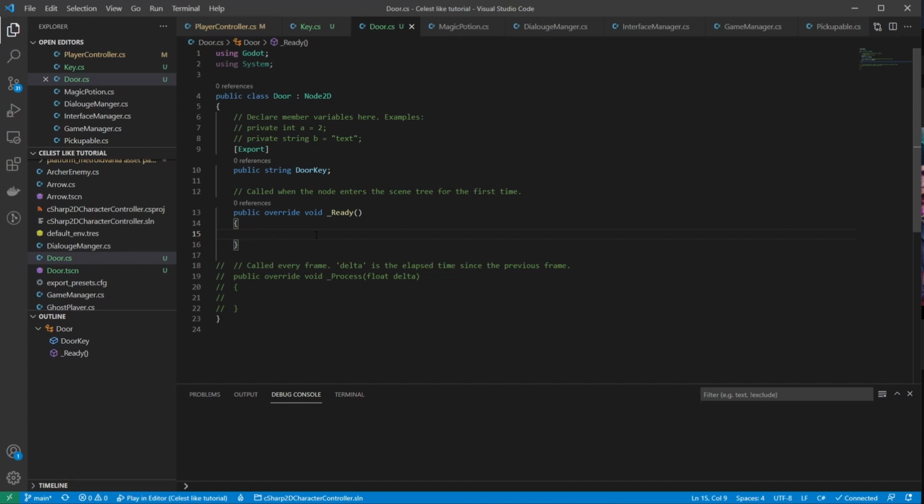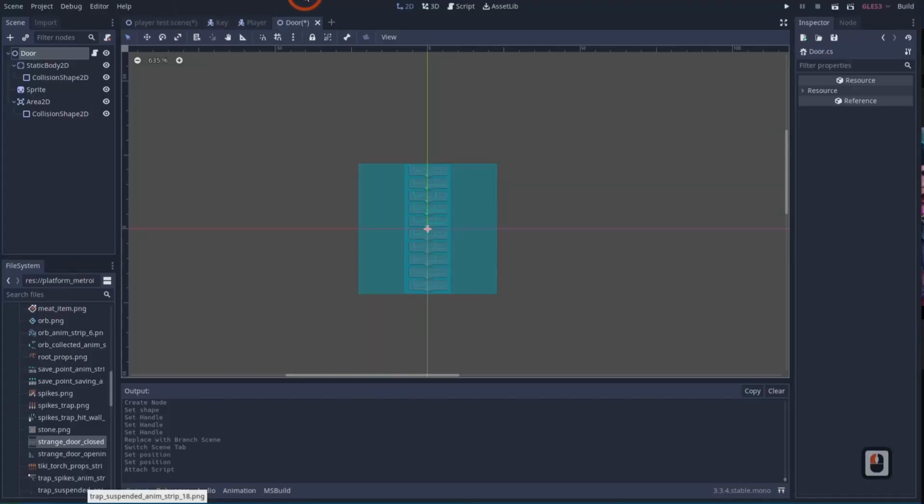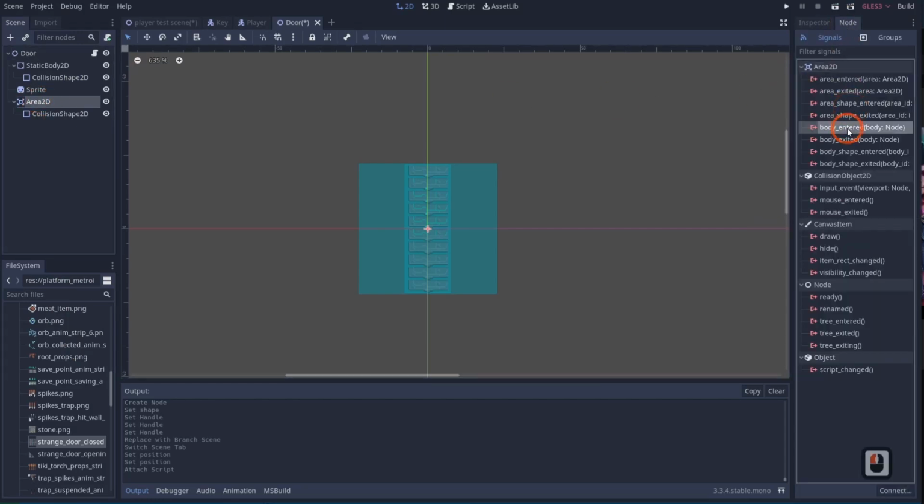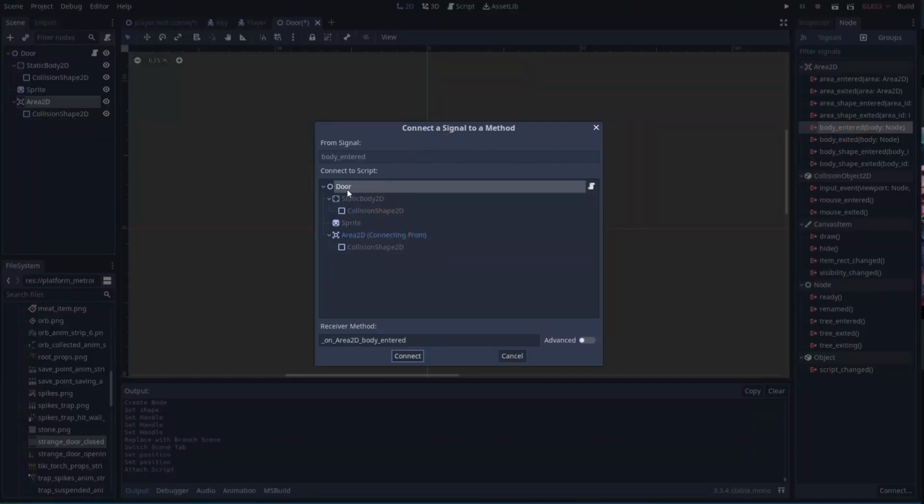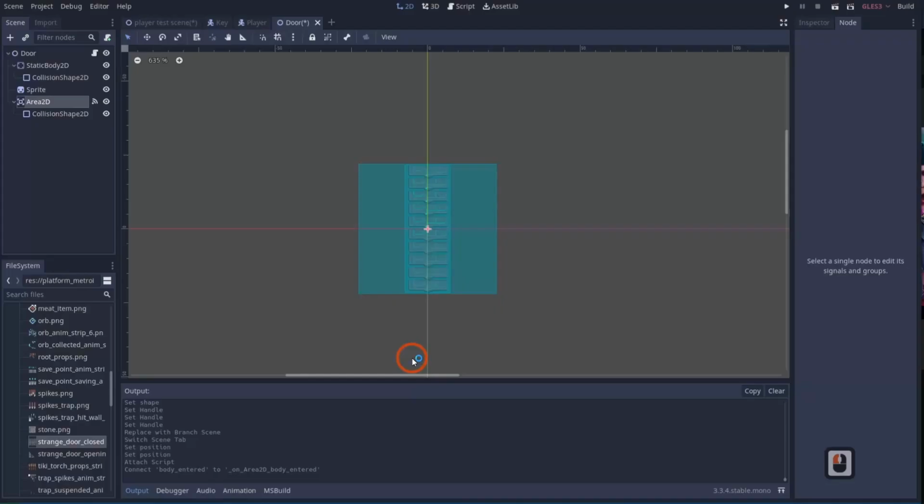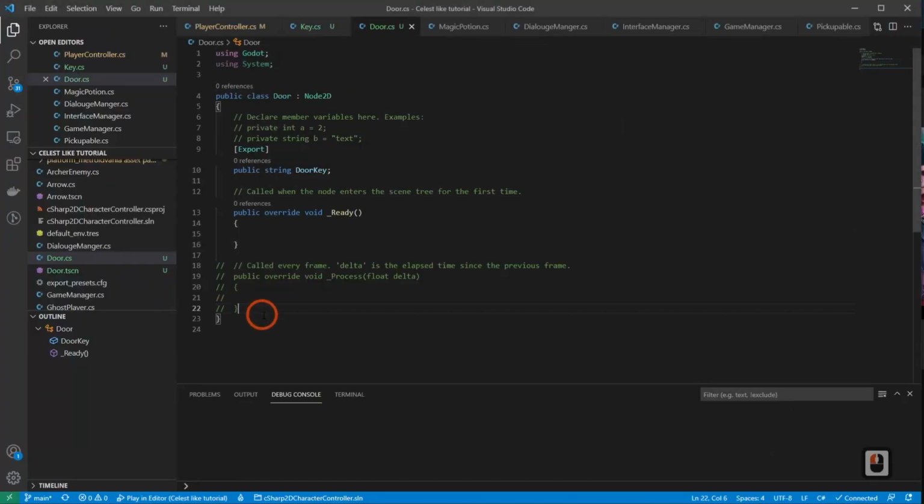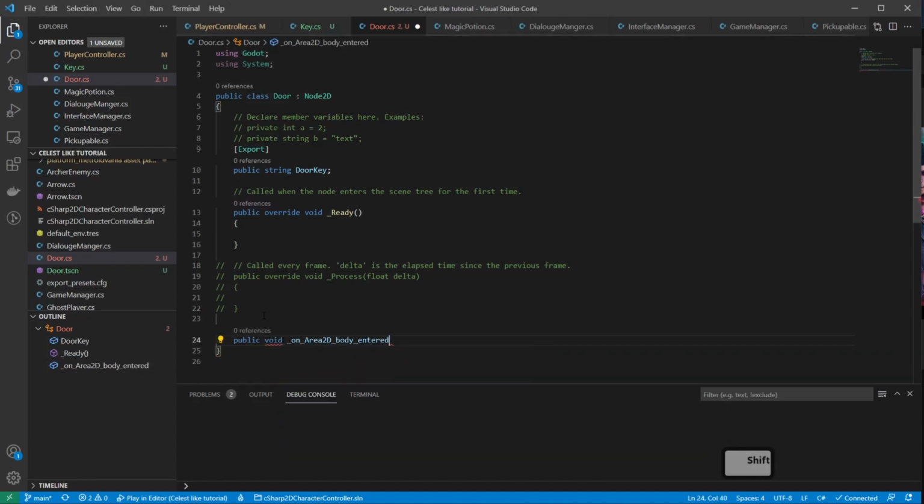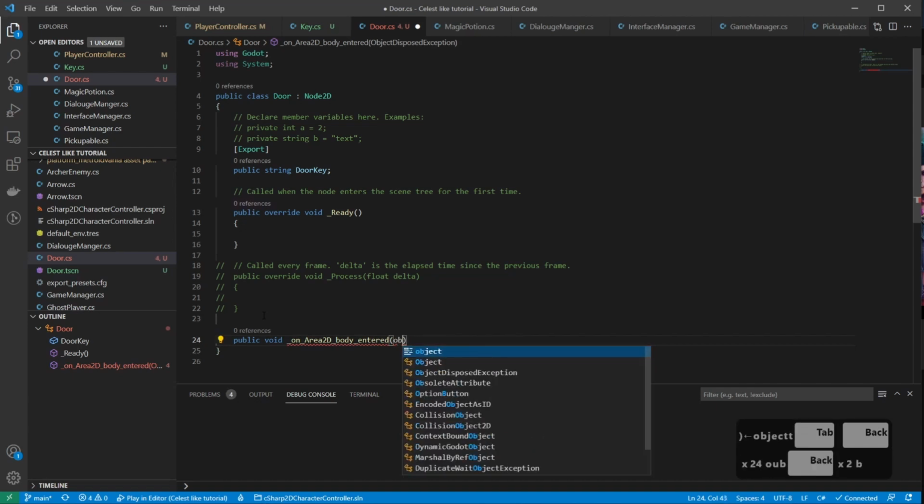So from here, we need to determine when the player collides with this door, it needs to check if the player has that key, right? So what we're going to do is go into our door here. We'll go to our Area2D and connect that signal. So we'll say, on body entered, connect to our door. And I'm going to grab this and connect it. And then if we go back into our project, we're going to say, hey, when the player enters, right, so public void OnArea2DBodyEntered, Object, whoops, not that. Object